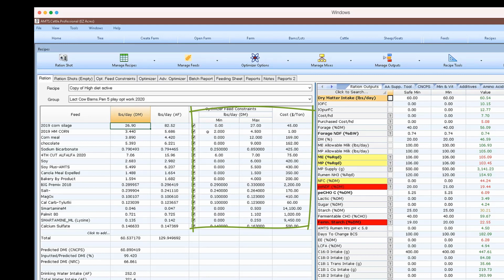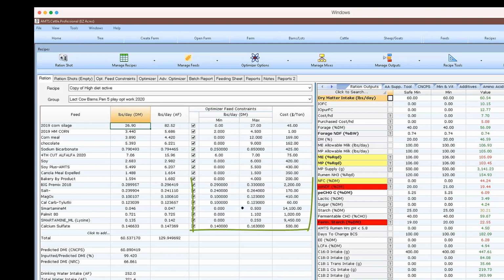So I always set my constraints as how I would think about these if I was formulating by hand. So that's going to include inventory constraints. It's going to include if we had anything contracted, if there was a minimum amount that I had to use, for an example, or a maximum amount. And these prices are all a few months old. I wish I could still get some of these ingredients at these prices. We all know what pricing's done.